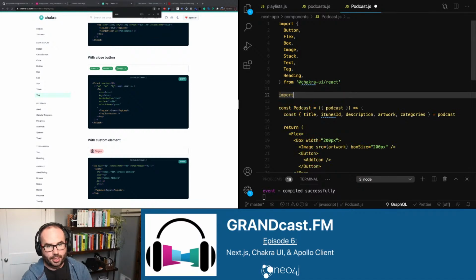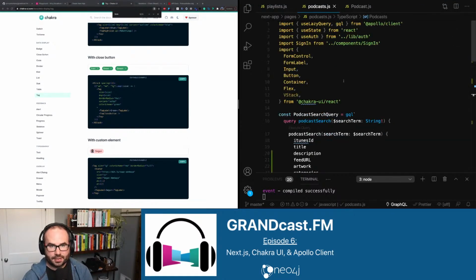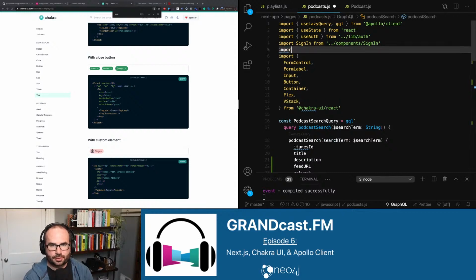And we need our add icon, add icon from Chakra UI icons. That's a different package. And now in podcast search, if we import our podcast component,